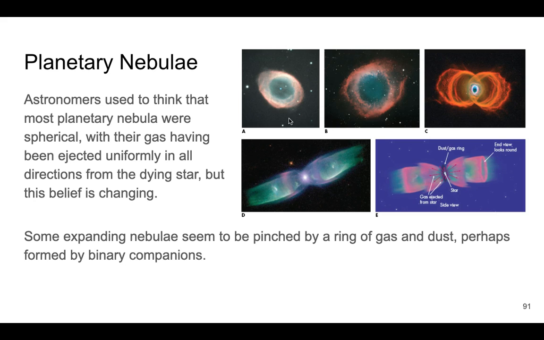So yeah, some of them will just disperse in a sphere. Others will leave something like this. So we think this may be due to perhaps a binary companion to this star. So if you had this star here when it was alive and another star going around it, in this kind of plane here, well, this star eventually gets to its death and it just releases its layers, and it would have been a sphere, only the binary is still going around the corpse of this star. So maybe the binary is sweeping this stuff out and changing the shape of this, is one possible guess.